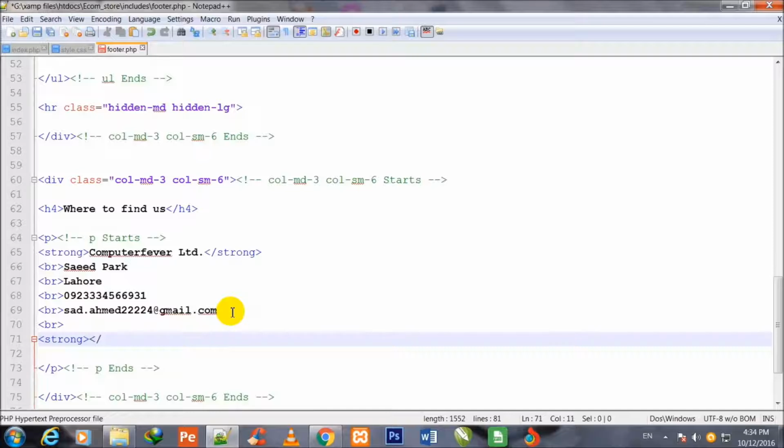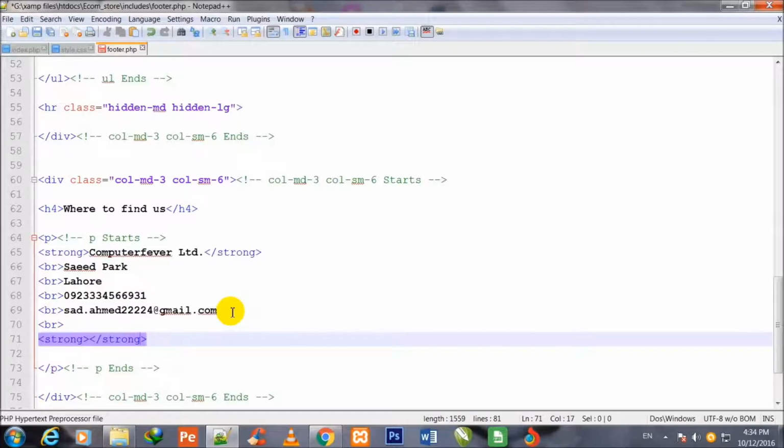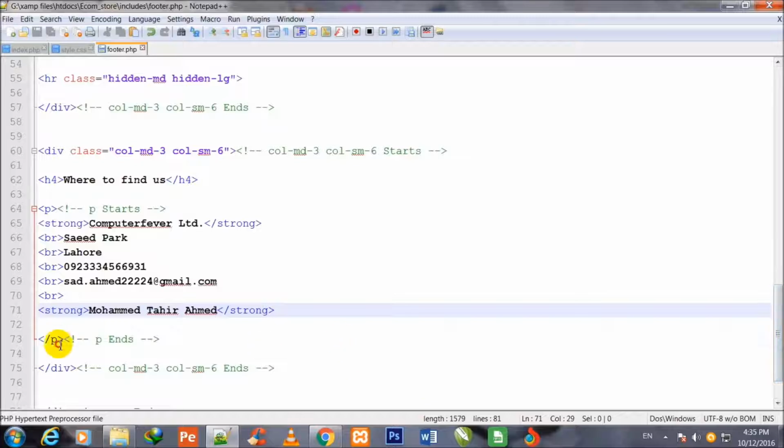Now after this BR, I made one more strong tag, strong start and strong close. And here I write my name, Muhammad Tahir Ahmed. Now I come out of this P ends